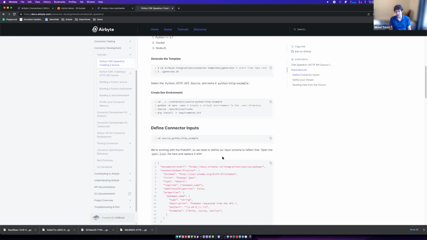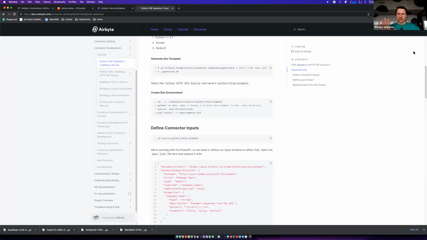That will help the community create more connectors, but also on the maintenance side. The more code you have, the harder it is to maintain, so we want to push the amount of code to be very, very low.